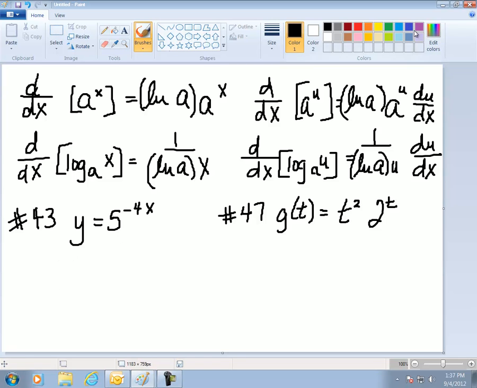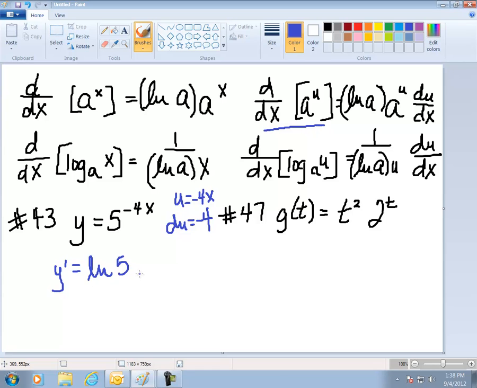In our first example here, we have y equals 5 raised to the minus 4x power. And that looks very similar to this rule right here. In this case, I'm going to let my u be minus 4x, and my du will be minus 4. So when I differentiate this, I'm going to follow this rule. So the derivative of y is going to be the natural log of a, which is my base here. In other words, the number I'm raising to a power, so it's 5,